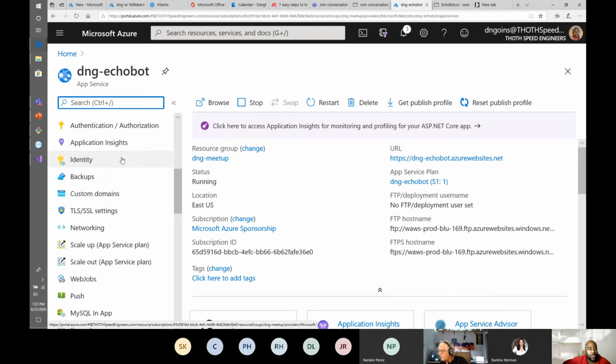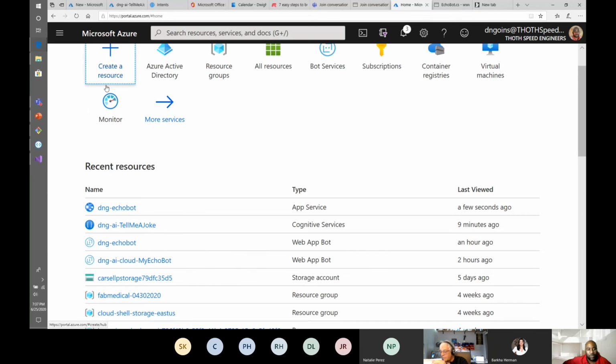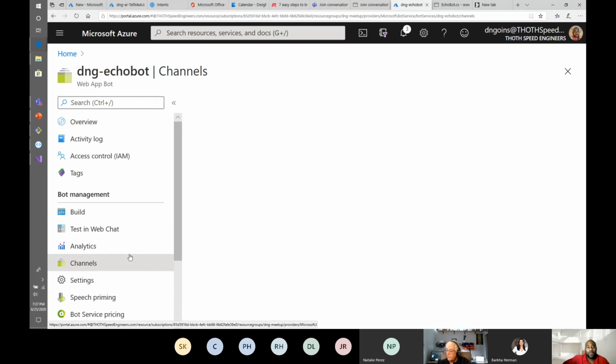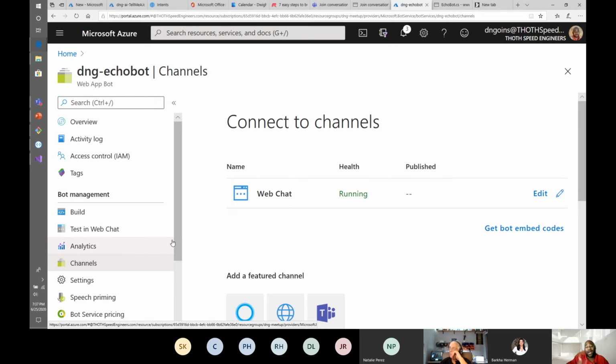Am I in the web bot? Oh, I'm in the app service. There we go. There's this thing right here called channels. And channels give you the ability of linking your bot to other bot ready systems. For example,